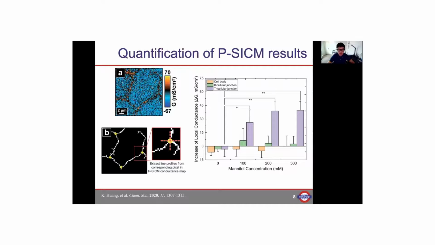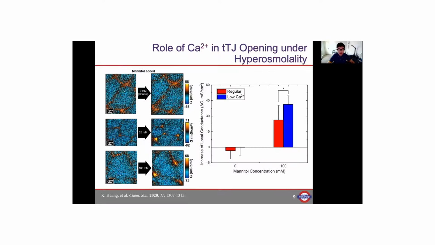So this is very exciting for us, because now we can differentiate the response of tricellular junctions and bicellular junctions to the hyperosmolar conditions with our PSICM technique. Next, we study the factors that may influence the tricellular junction opening under hyperosmolar